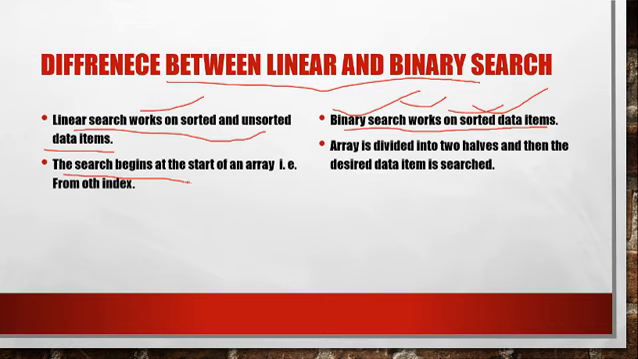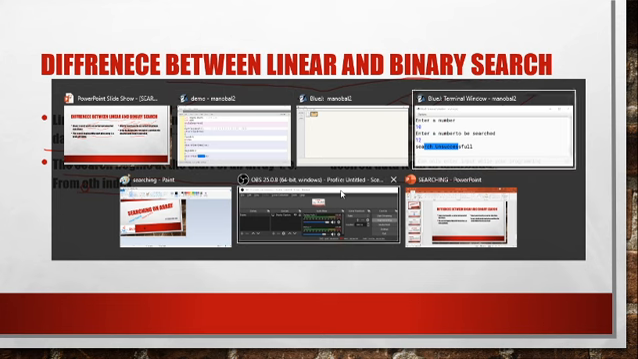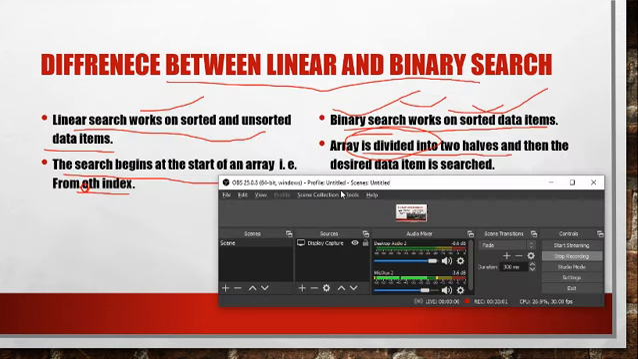In linear search, the search begins at the start of an array, that is from the zero index. In binary search, the array is divided into two halves and then the desired data item is searched. First, how it is divided, you have understood: beginning, ending, then divided by two, so two halves, and then we start searching the elements. So this is all about the